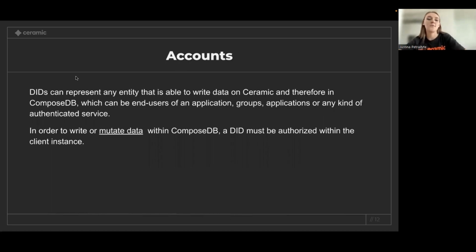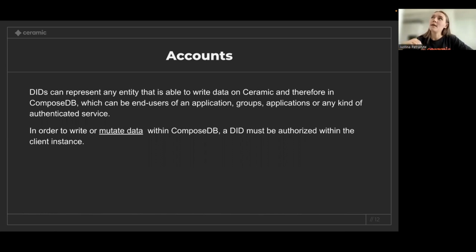Okay, so as I said, I wanted to cover a few core components of ComposeDB, so terms that developers will have to understand as they build their applications. The first one that I mentioned a few times already is how specific accounts of the users are managed. All of the data streams that users generate while interacting with applications built on Ceramic are tied to their decentralized identifier.